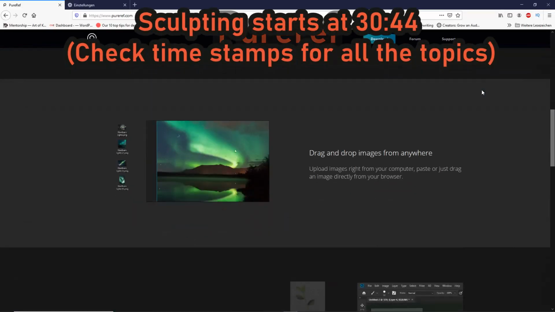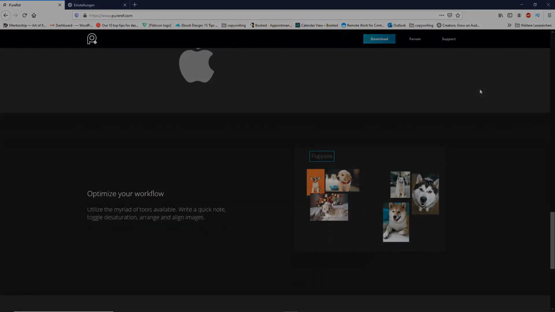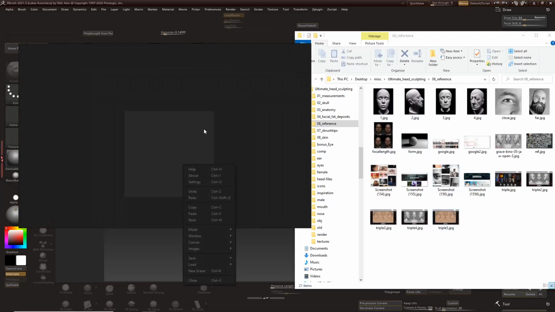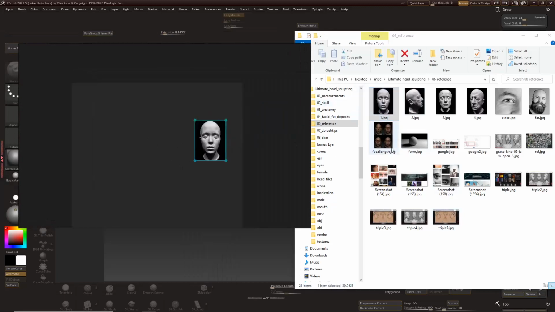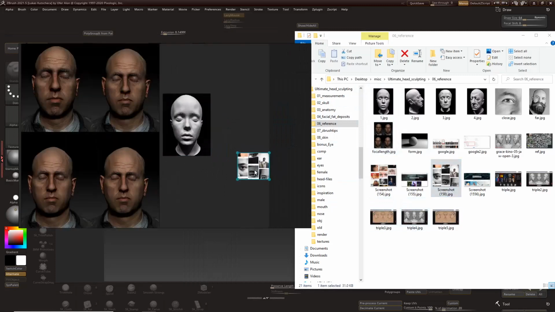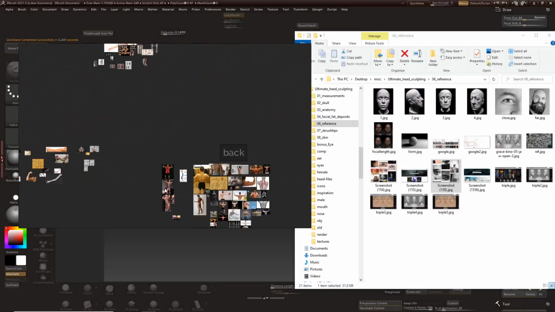Alright, so the first resource you should consider getting if you haven't got it already is Pureref, which is a reference viewer that's 100% free. Basically, you can just drag and drop your images. You can have your window on overlay mode, so you can work in your 3D software and have it staying on top, and you can flip, rotate your images, group them, bunch them together, and then also add text and